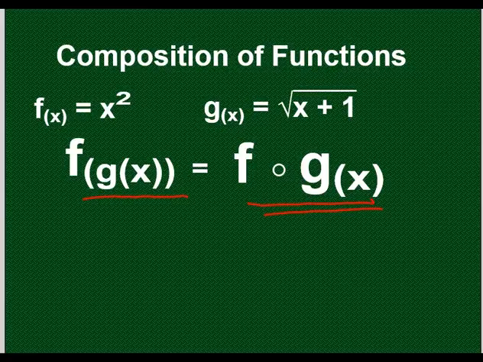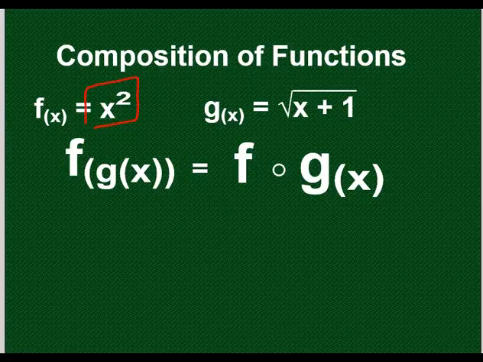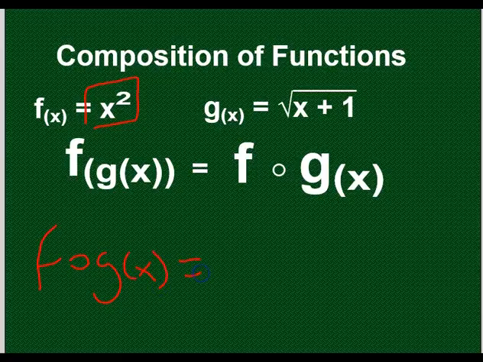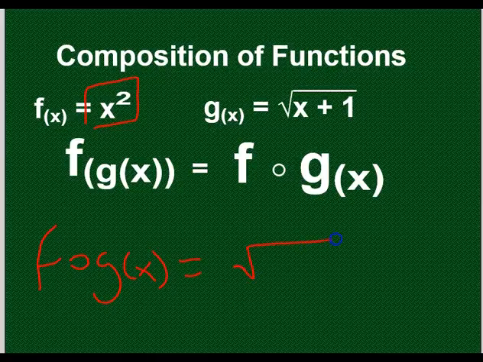Abbreviated, maybe you'll call it FOG, but it means F composed with G. And let's see what that is in this particular case. F composed with G. So we're going to take G and plug it in for X. F squares something. We see here that the function f of x is just taking something and squaring it. F composed with g of x would be take all of g and square it. It would be the square root of x plus 1 quantity squared,